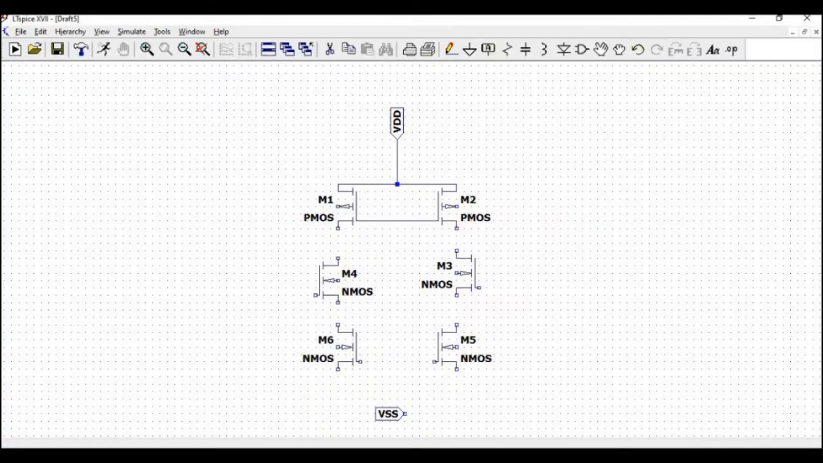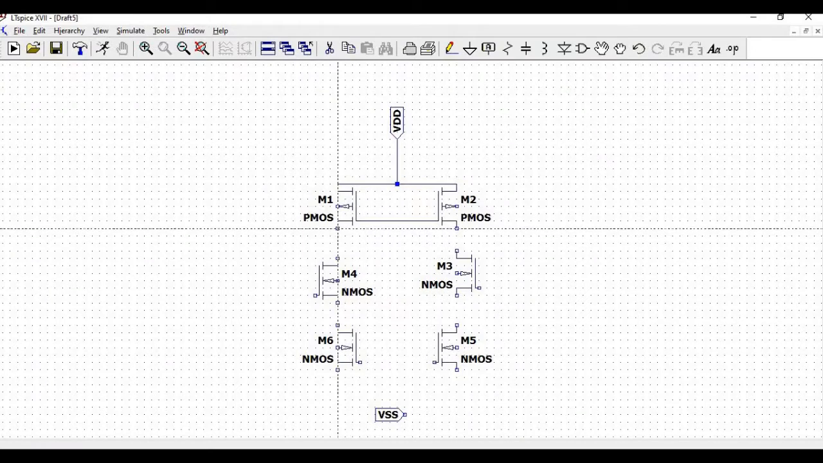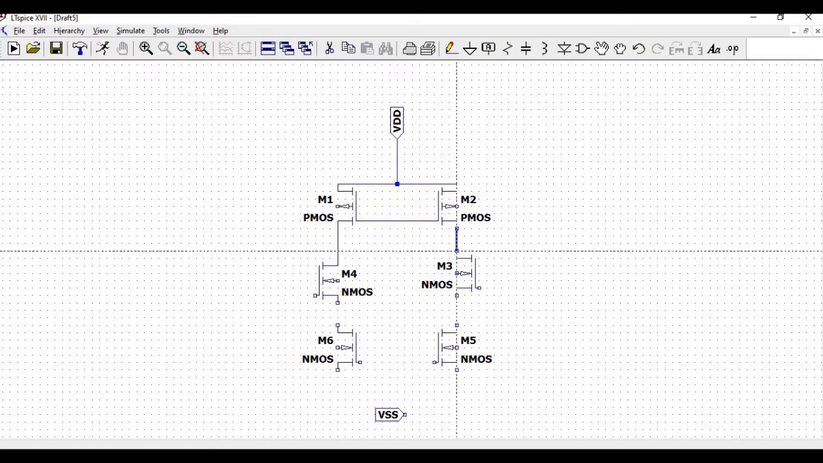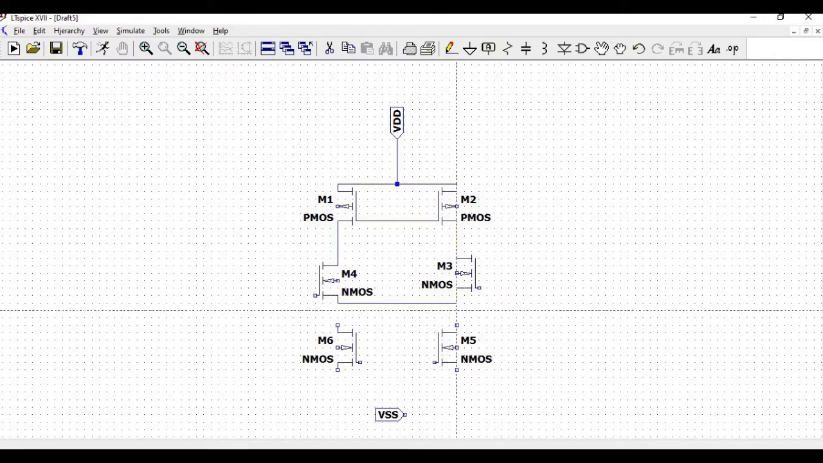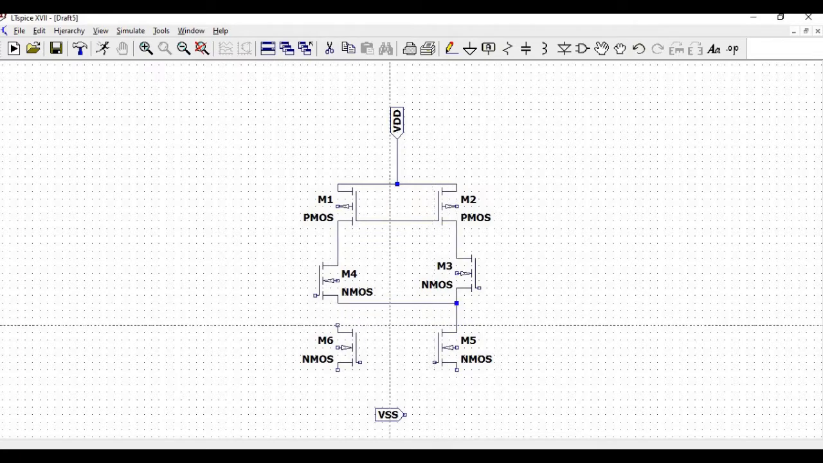Now the drain of PMOS transistor, that is PMOS 1, is connected to the drain of the NMOS 4 transistor and the drain of the PMOS 2 transistor is connected to the drain of NMOS 3 transistor. The source of NMOS 4 and NMOS 3 is connected